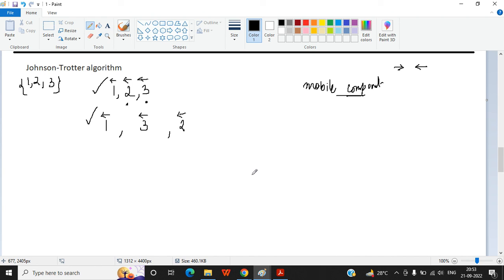One more thing you have to find after swapping, if there is any mobile component, if there is any not mobile component, if there is